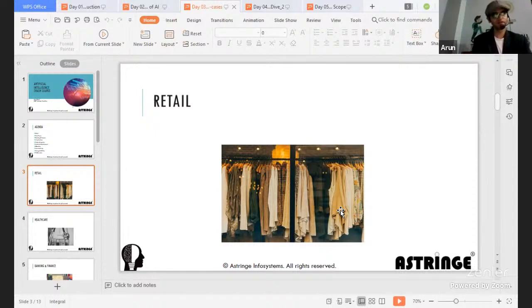As I said, one is inventory stock out, that is, how to overcome the inventory stock out issue. There are also scenarios such as predicting customer demand during a peak season, or predicting customer demand in the off-peak season, or customer churn. There are a lot of areas where AI could be used in retail.